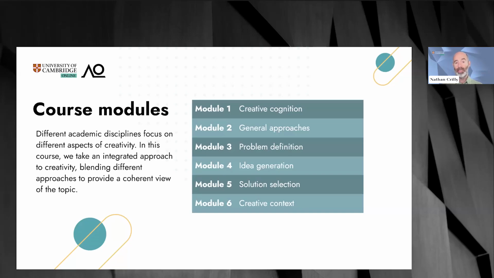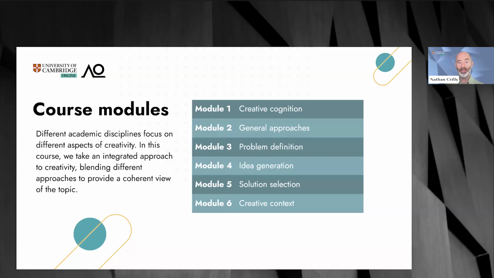Then in module 4, we leap into what many people think of as creativity, which is idea generation. And you'll see it comes quite late in the course because there's actually quite a lot more that we have to get involved in than just generating lots of ideas. But in module 4, that's what we do. And we use these different techniques to try and generate not just lots of ideas, but ideas that are quite different to each other, and then elaborating those ideas in useful ways.